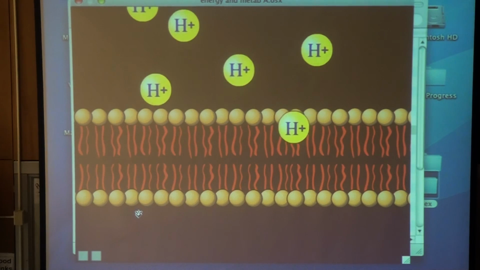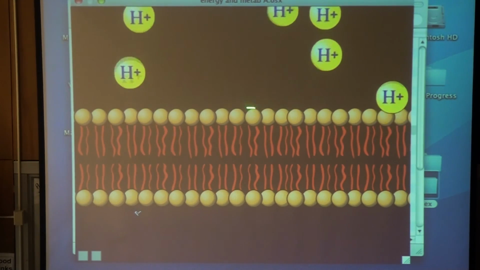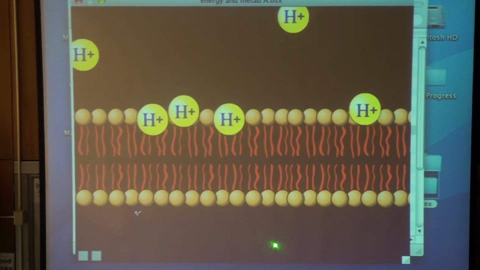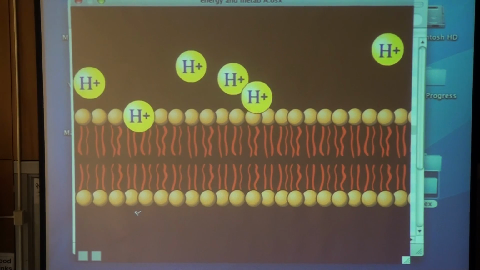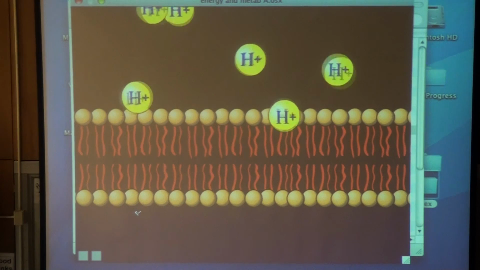But I want to make a point here that it doesn't necessarily have to be hydrogen ions. If the cell had a huge concentration gradient of glucose molecules on one side and very few glucose molecules on the other, that would still be like a bunch of water stored behind a dam, and so that would be stored up energy, or sodium ions, or